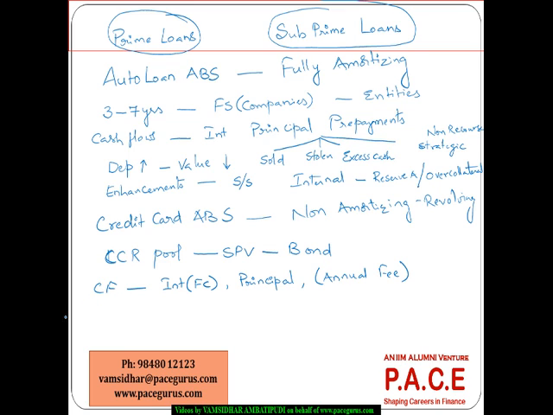And there is a periodic payment schedule. Let's say every month some amount needs to be paid. There is a minimum amount that needs to be paid, but the moment the payment is occurring, again a new credit is getting generated, right? So that's the reason the principal amount, though it is received, will not be passed to the ABS investors. Though the principal is received, it will not be passed on to the ABS investors. Rather, it would be used to purchase the new credit card receivables.